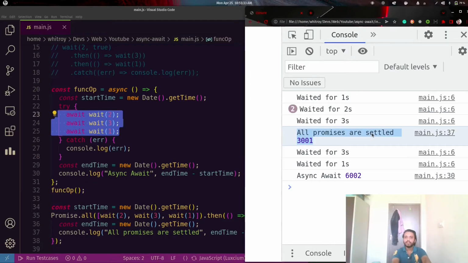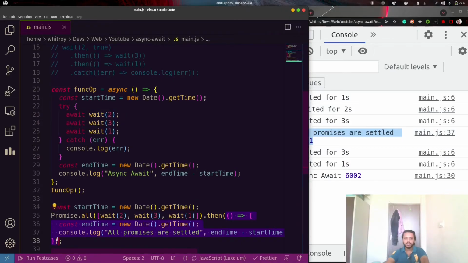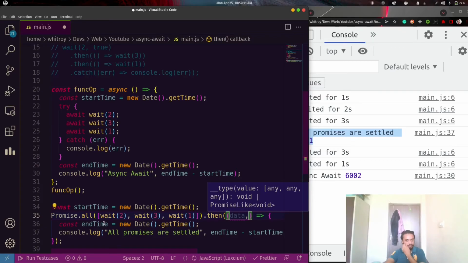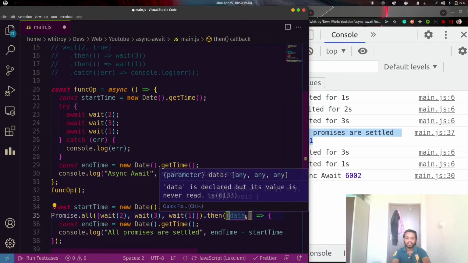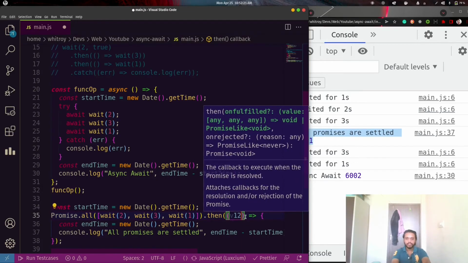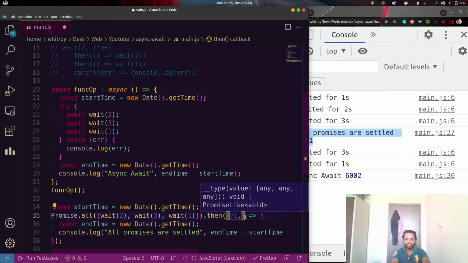So here all promises are batched together and work independently. When all the promises are settled, the final handler is called, and if the promises return some value, we get the values here as data: the first value from wait 2, the second from wait 3, and the third from wait 1, as v1, v2, v3.